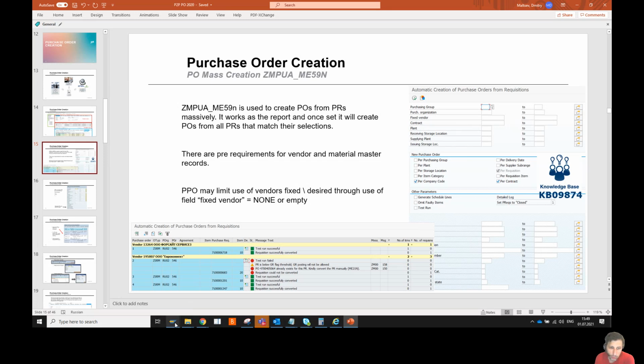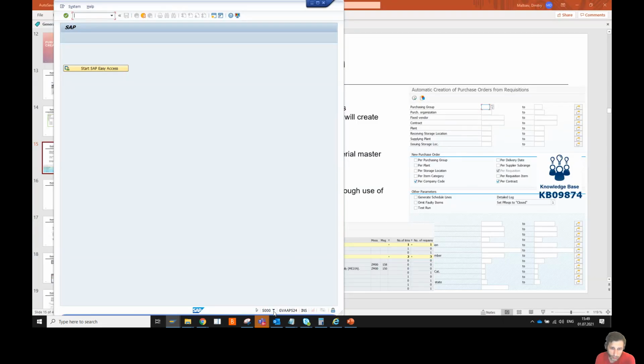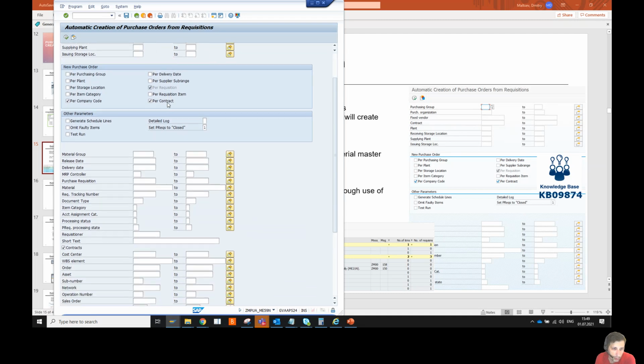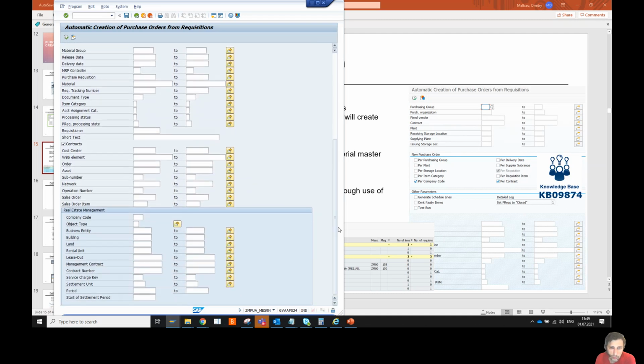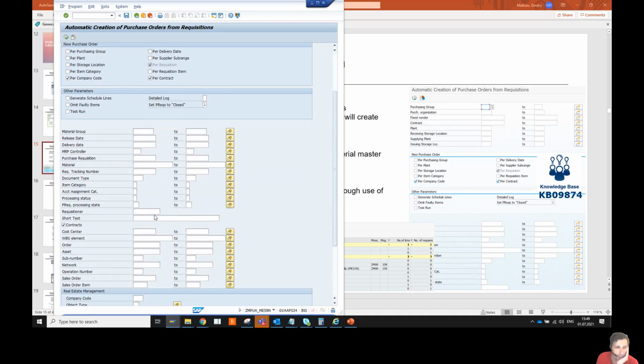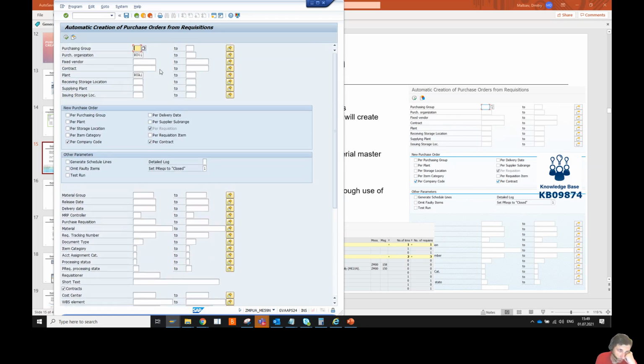So let me maybe show you in SAP directly. This is quality. So ZMPUA_ME59N. So here, okay, it remembers my last choices. Here it works, in fact, as a report. So on top and in the middle section, you may limit what you see. So here, the last time I was looking for